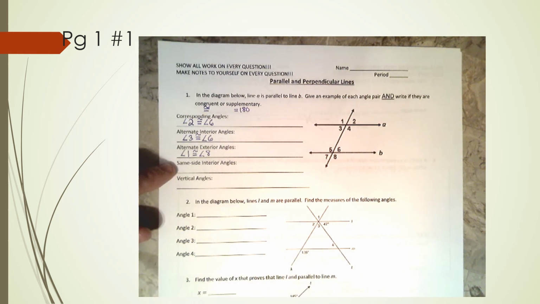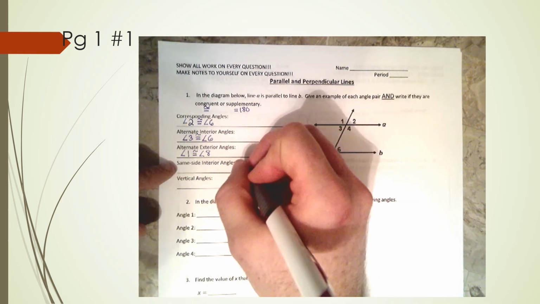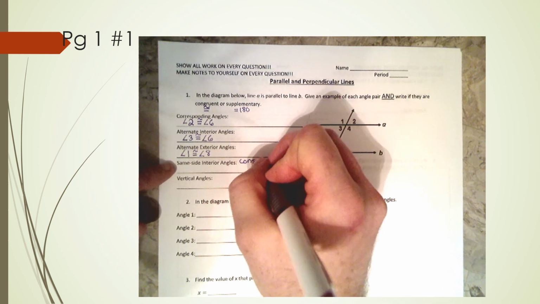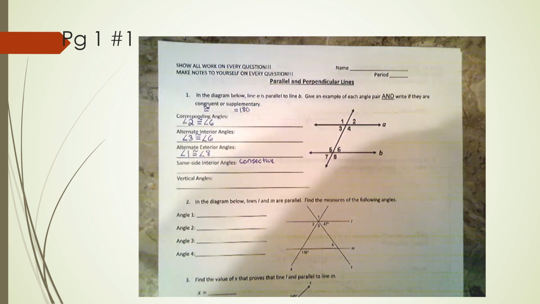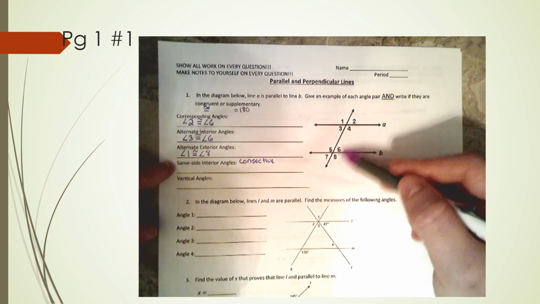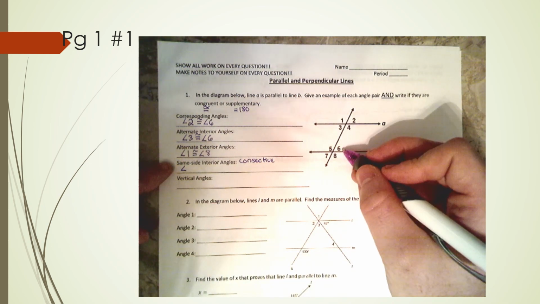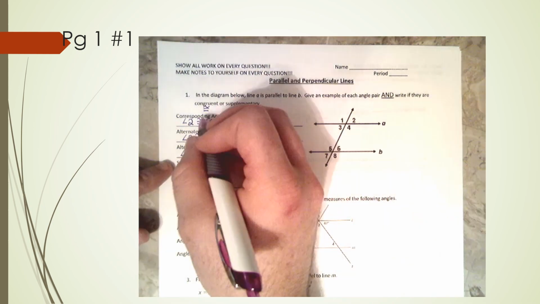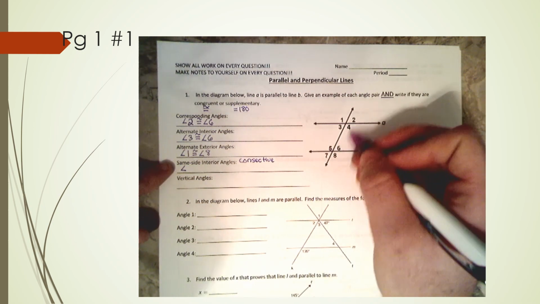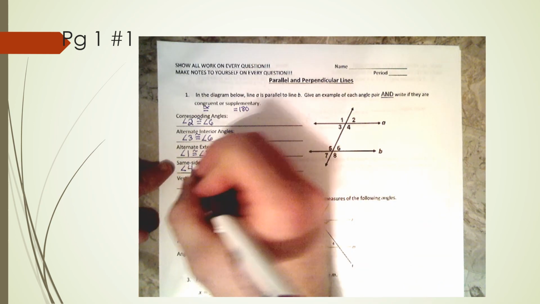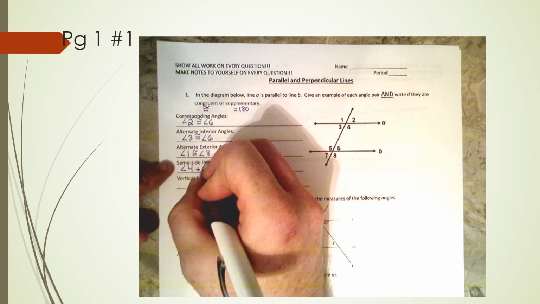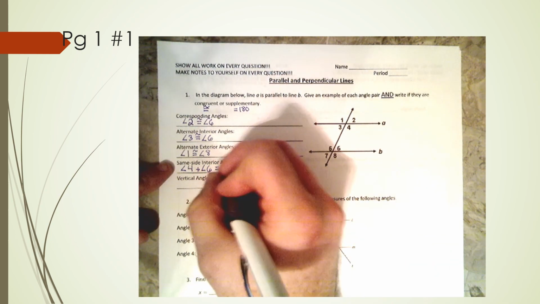Same side interior angles. Those can also be called consecutive interior. So depending on how it's written, sometimes you'll see it written that way as well. So they have to be on the same side of the transversal, and they have to be inside of the parallel lines. So if I went with angle 4, that would go with angle 6. But this is the one that's different from all the other ones because this would be supplementary. That means they have to add up to 180. So the way I'm going to write it is angle 4 plus angle 6 equals 180 because this one is